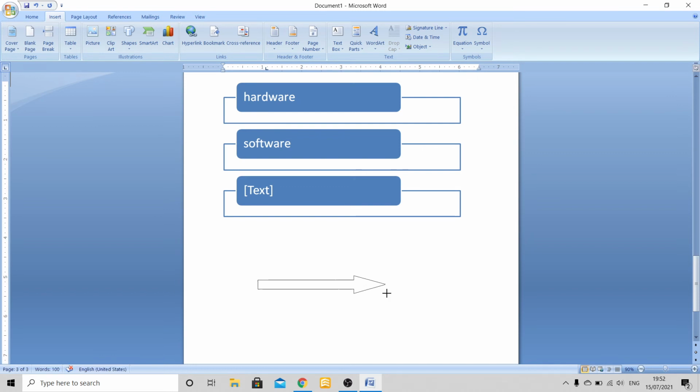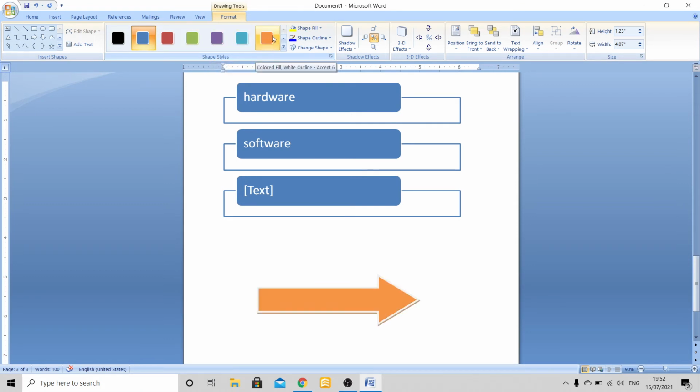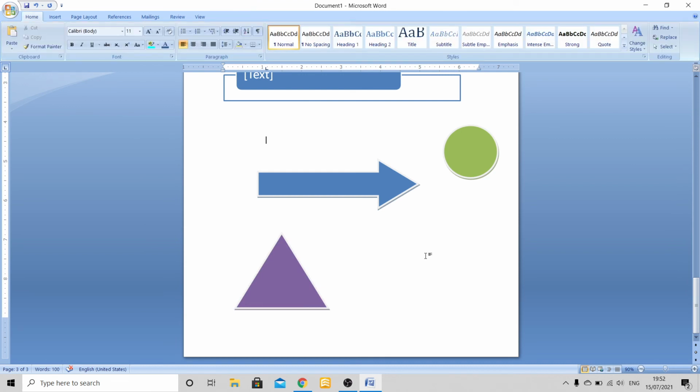Just click and drag, and here you'll be able to get the shape. You can even change the color from here. You can even draw some more shapes. Just select the shape whichever you want and you can fill it in, right? I want a triangle, I'll draw a triangle and I'll change the color of it, right? This is the way you draw shapes.